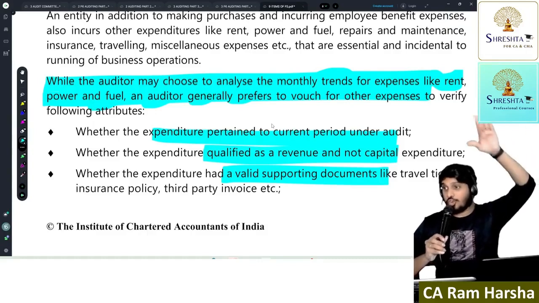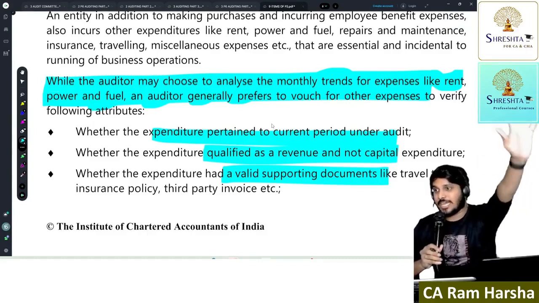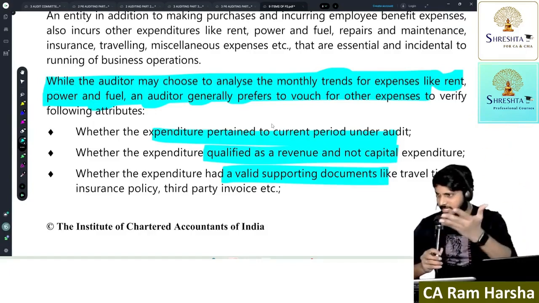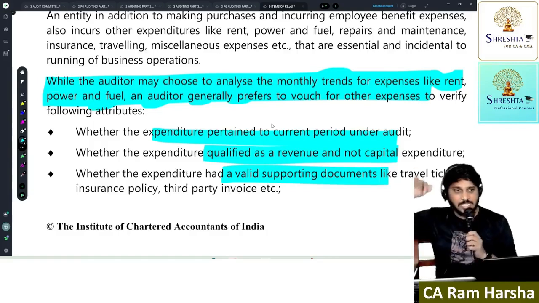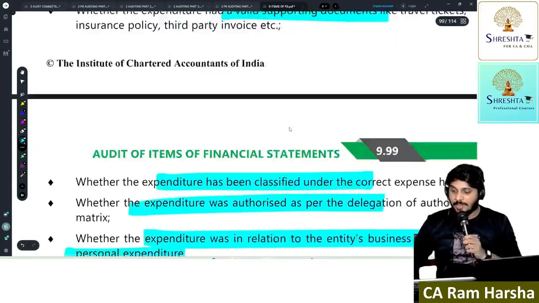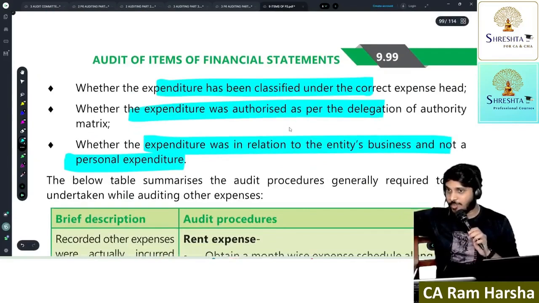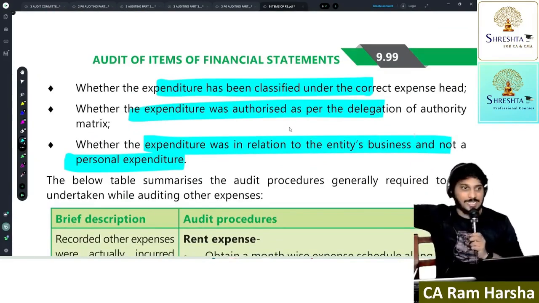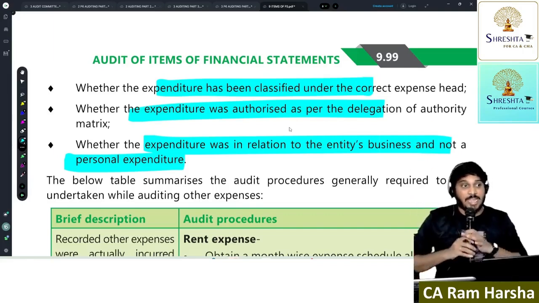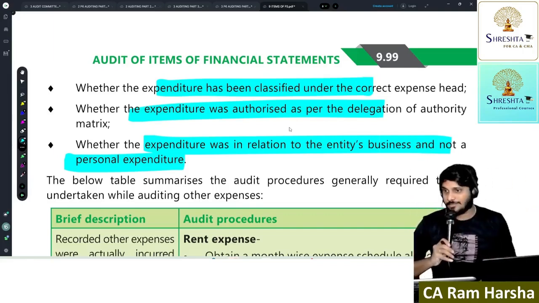What else can you do for these expenses? I will take supporting documents, bills, I will see. I will vouch them. Yes or no? I will see is it revenue expenditure or capital expenditure. I will see it is business expenditure or other expenditure. They debited it under repairs. Is it really repair expenditure or some other expenditure? Correct head classification or not. These are all the points I will check apart from analytical points.